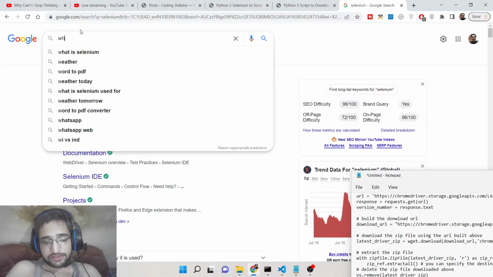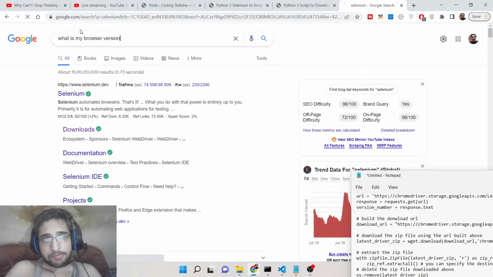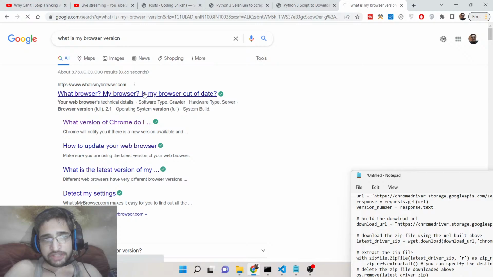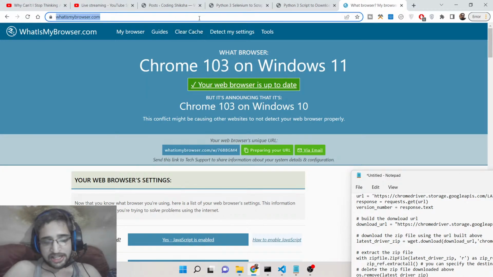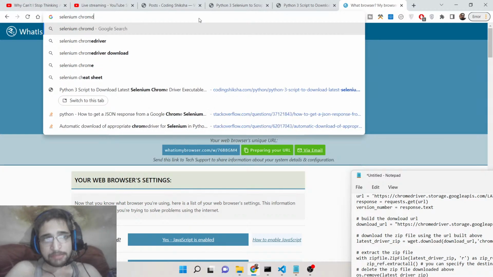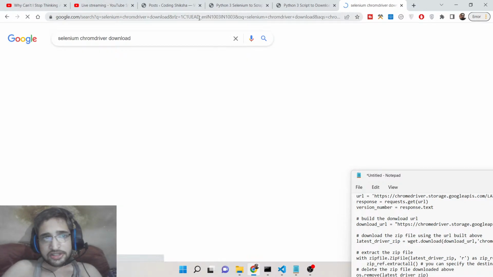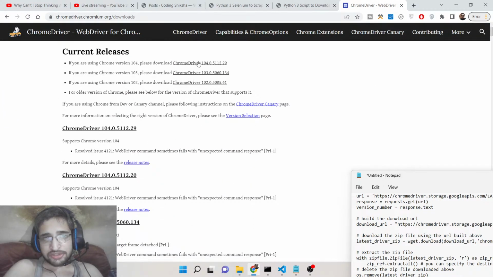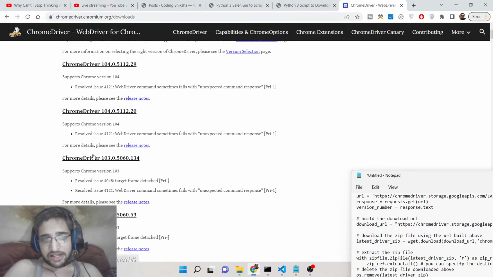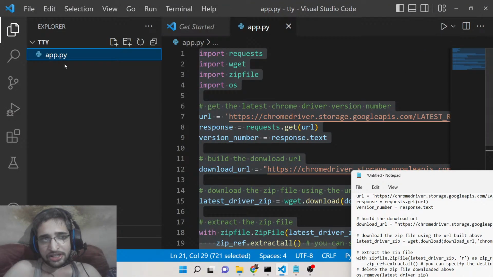So you need to first of all search for your browser: what is my browser version? It tells you which browser you are using. I am using Google Chrome version 103, and then I will search for Selenium Chrome driver download. There is a lot of process involved here. You need to manually go to this website and download the specific version driver, which will be a zip file. You need to manually extract that zip file and paste the Chrome driver executable inside your root folder wherever you